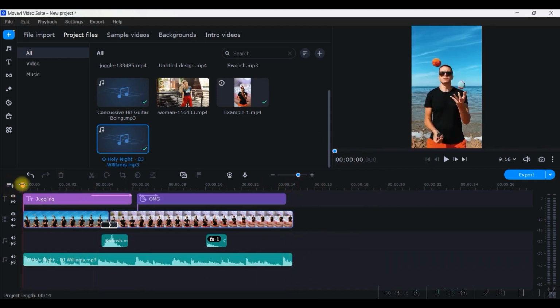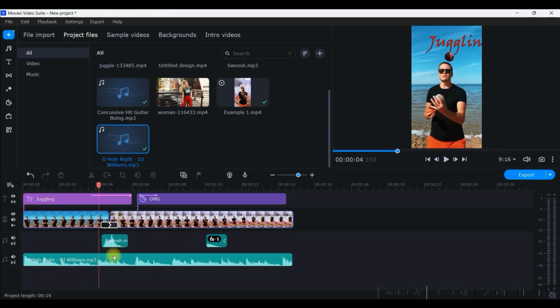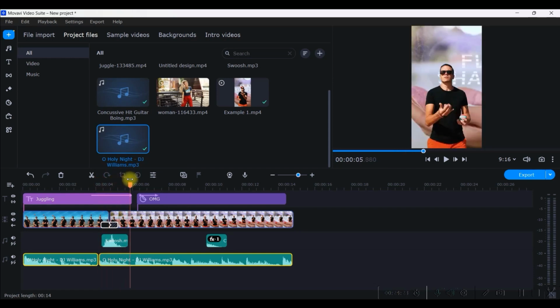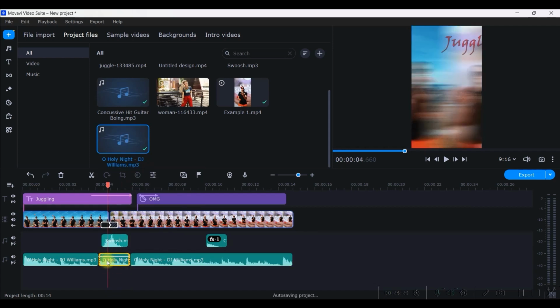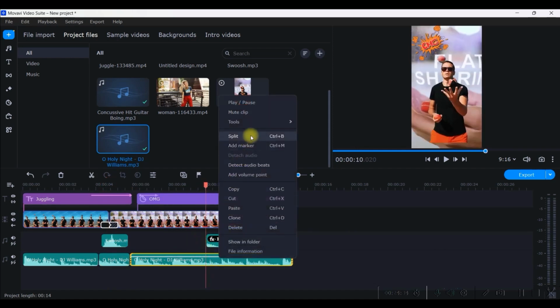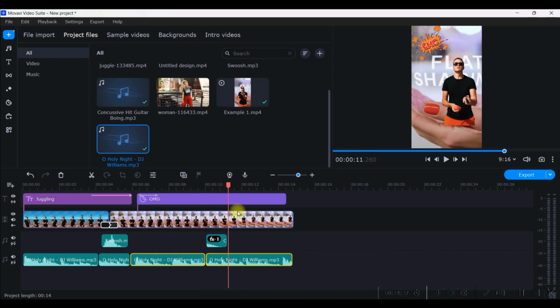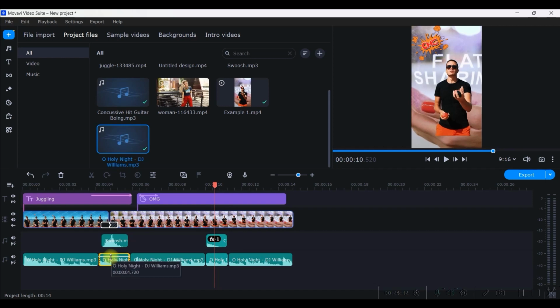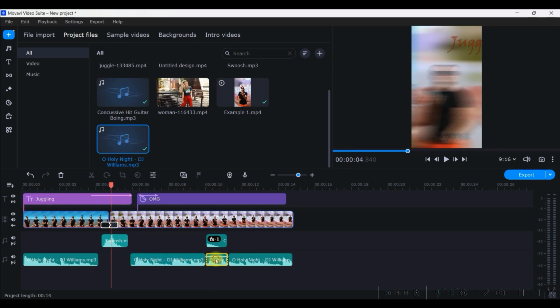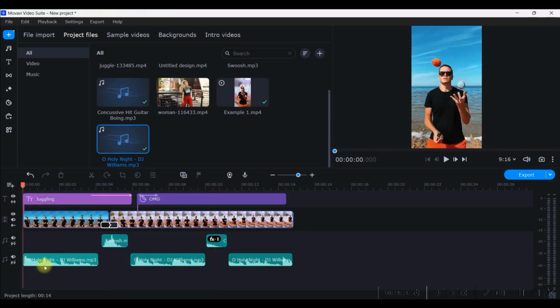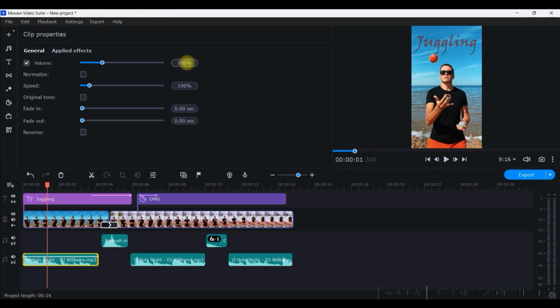Once this is done, now I'll have to just make sure that these two sounds are not impacted. So I'll have to split a little more span of this audio, and I'll have to reduce the sound of this part. Again, same way, here also I will give a split. Okay, and these two parts, you can absolutely delete them if you want absolute peace and then get these sounds to be highlighted, and then you can double click on this and adjust the volume.